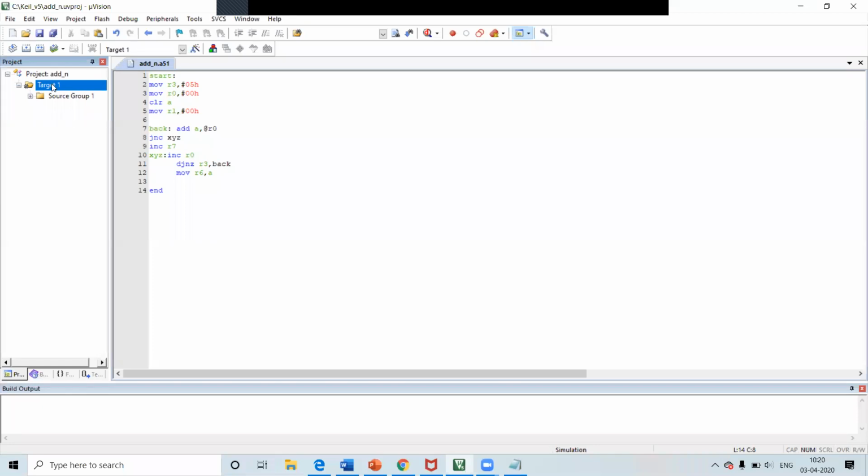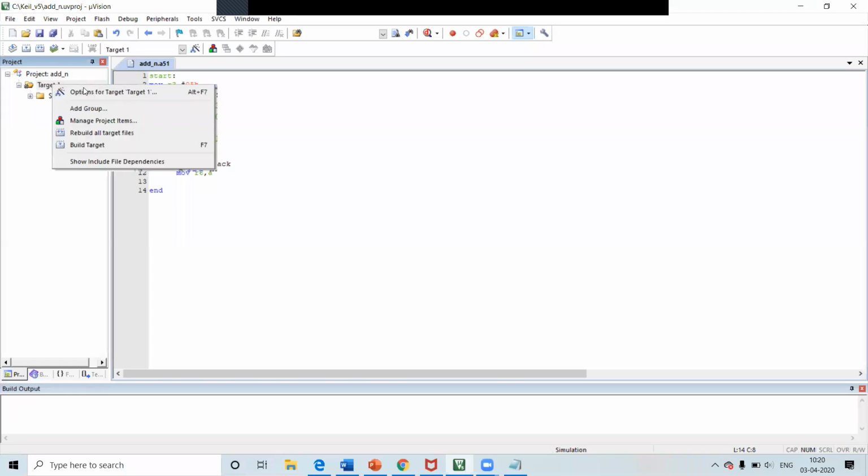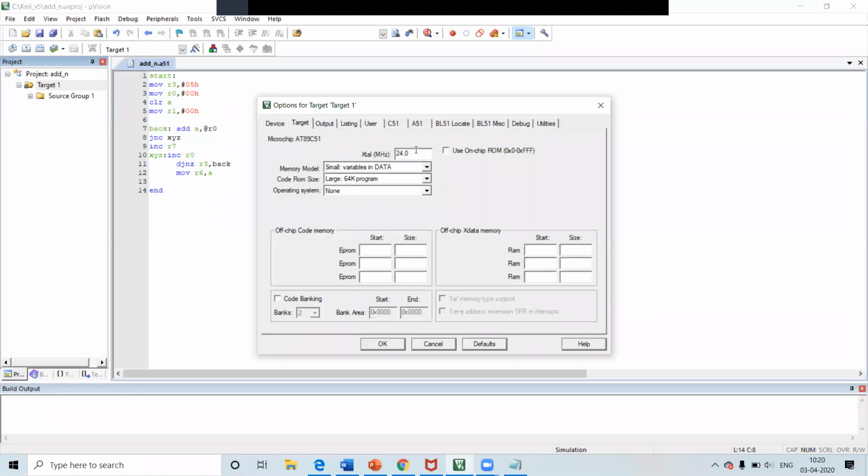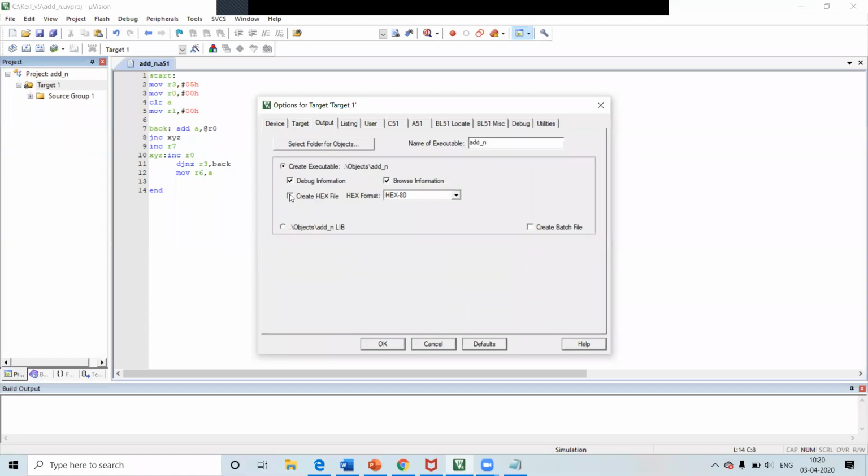Then right click on target, options, frequency of the oscillator is 11.0592. Use on chip RAM. Select the output as create hex file. Click on OK.